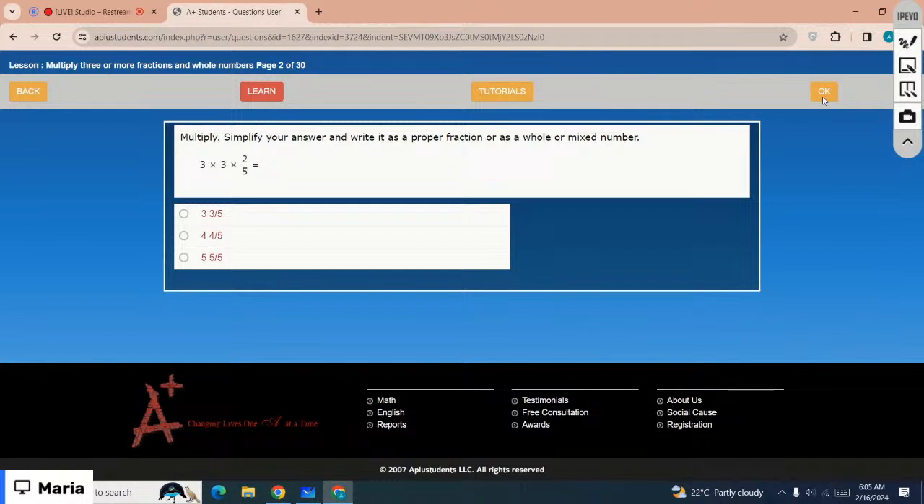Multiply 3 times 3 times 2 over 5. So how do you multiply? Which is the correct option? You have to multiply all the numerators, right? So simply multiply the numerators and the denominators. So that would be,